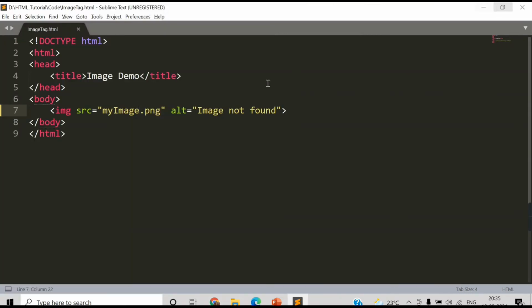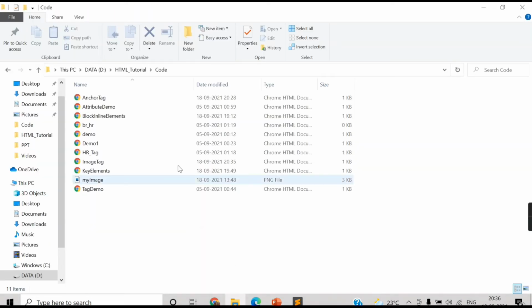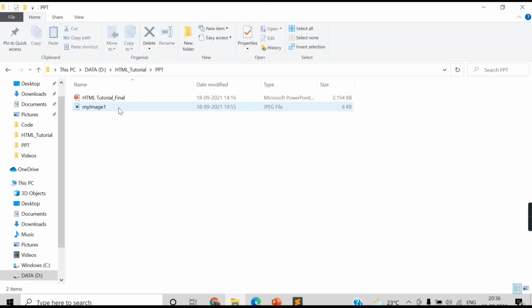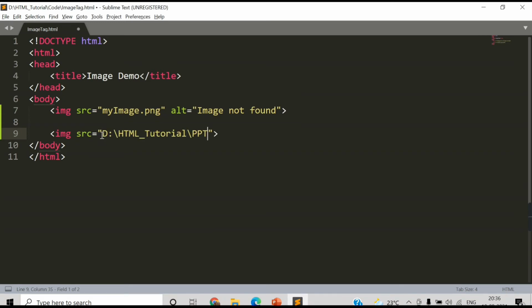Also what we can do, if I have another image which is located on a different location, then how can I use this image? Let's say I have that image on a different location. So I have here my image 1. Let's copy the address. You can put it here and provide the file name, my image dot, it was jpeg, right?